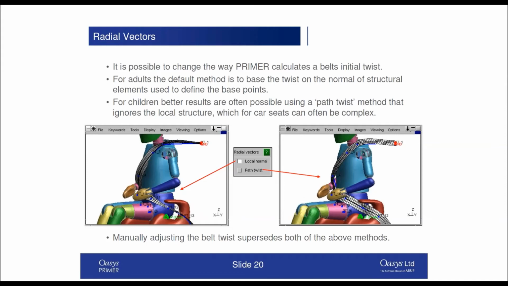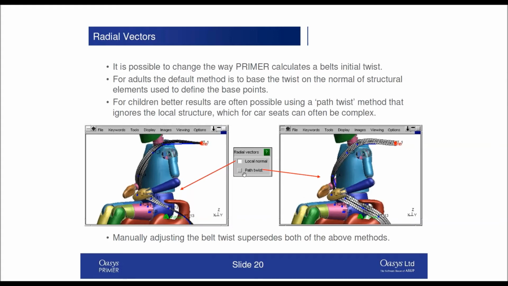So that's this point as the belt goes underneath that arm of the booster seat there. If I had selected the booster seat as my node there, then you can see that the belt is not parallel, but it's similar